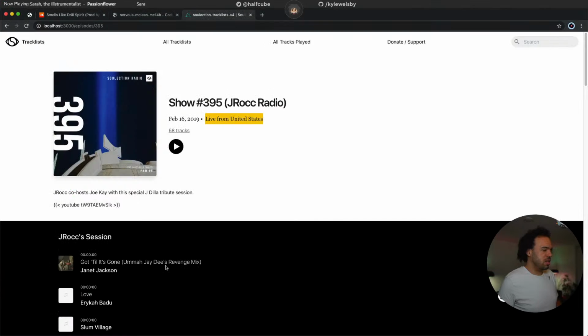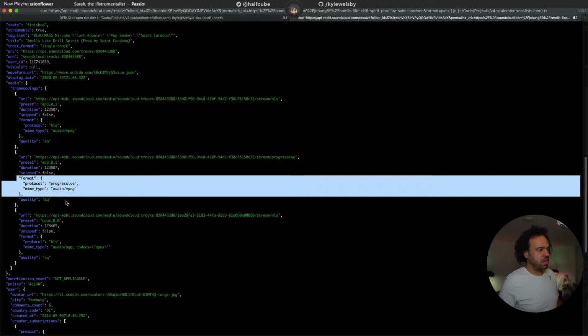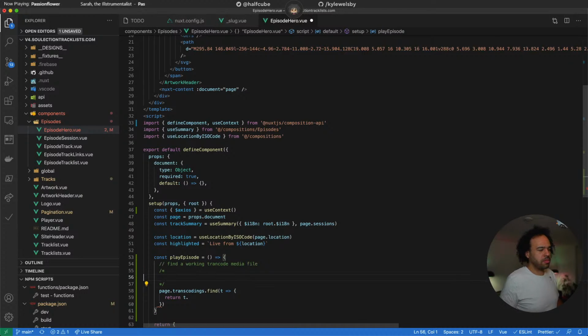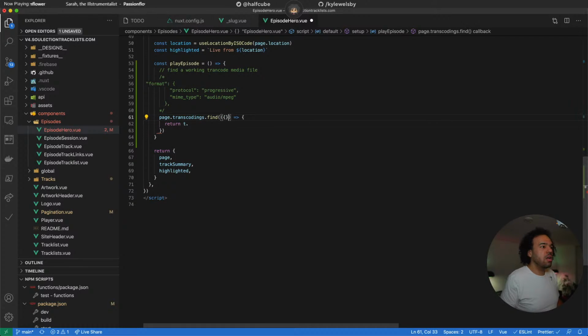I want to match it up against that. So with that in memory, let's grab that and bring it to localized memory. T dot. We can make this easier for us if I can remember where we are. Scroll up a bit. Format. We're grabbing the format from the transcode, and our format dot protocol triple equals progressive,